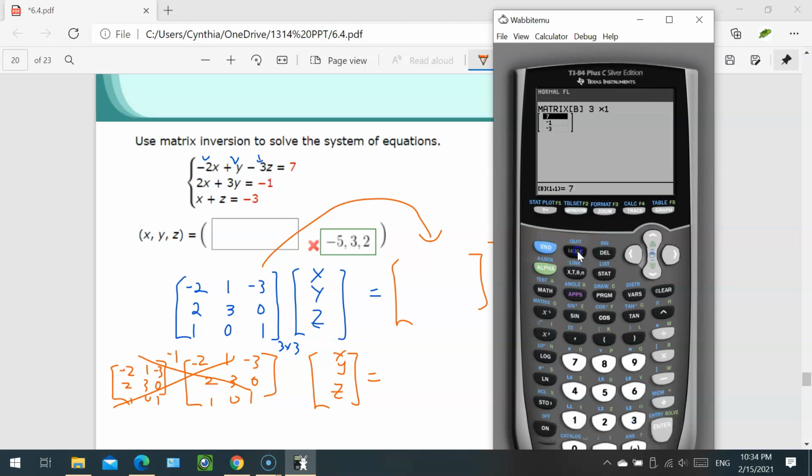So click on second quit. Now we need to pull out the matrix A and find the inverse, right? So do the same procedure here. Second matrix, pull out the matrix A. Now once you start to operate your matrix, don't go